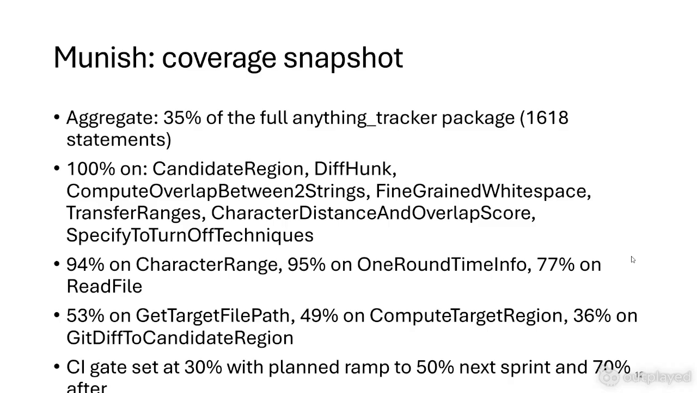My coverage snapshot overall, like I stated earlier, for everything that I worked on, I got about 35%. Lower than I wanted. Like I said, I wanted closer to 40% of highlights. So I got 100% on these test regions, so candidate region, diff hunk,